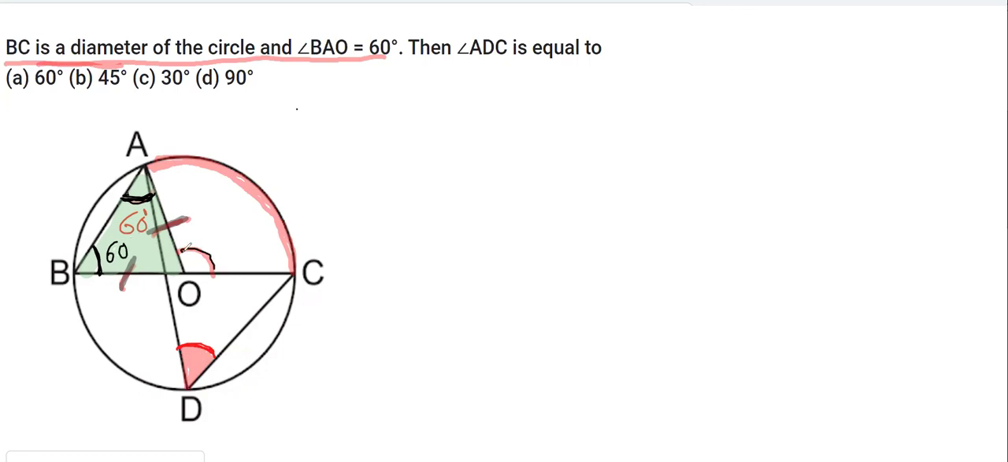Now check here the angles which we are seeking. That means this angle AOC is an exterior angle, and the exterior angle of a triangle is equal to the sum of the two interior opposite angles. Now, as I said,